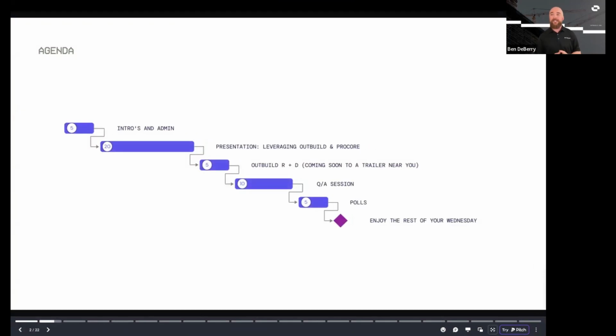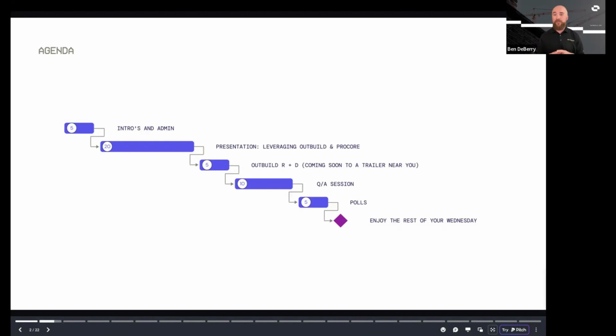And our agenda for today, we're going to go through our intros and some of the admin work. So Mike, Brittany, and myself will introduce ourselves. We'll also talk about how we want to treat this space. So that's what we're talking about when we're in the chats, when we're in the Q&A. We want to be respectful to everybody here. We want to make this time as effective as possible. We'll then move into our presentation. It's going to be really a how-to of how the Procore integration works, ways that you can leverage it, make sure you're aware of all of the different features, and then open up some discussions there.